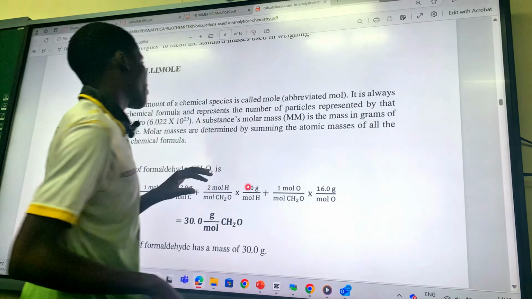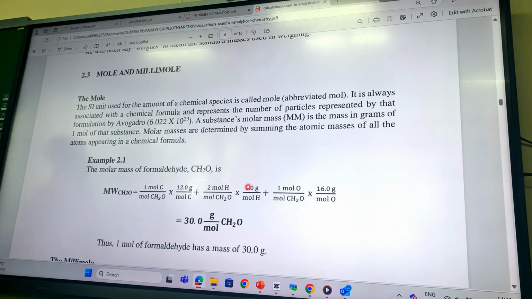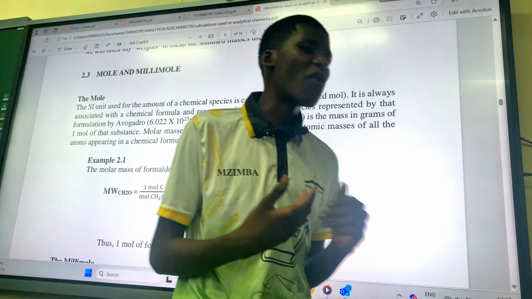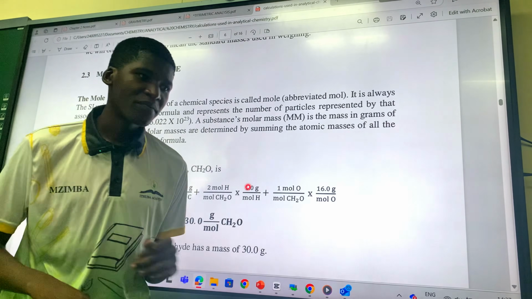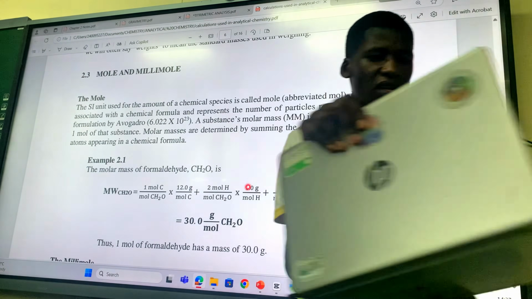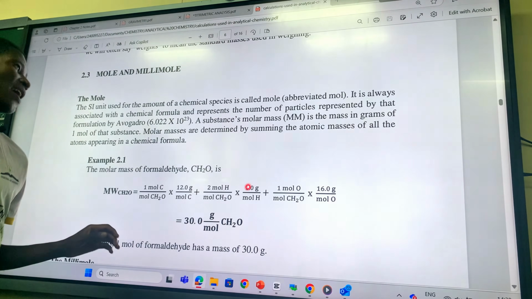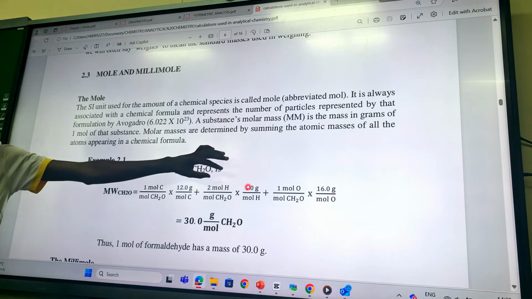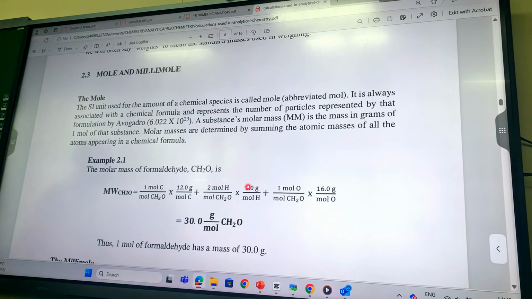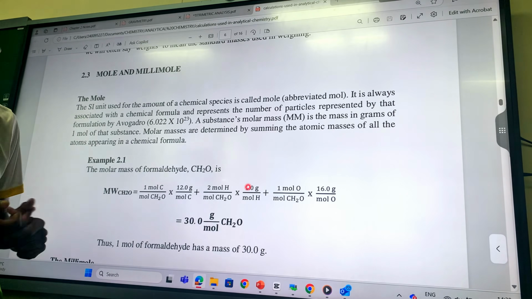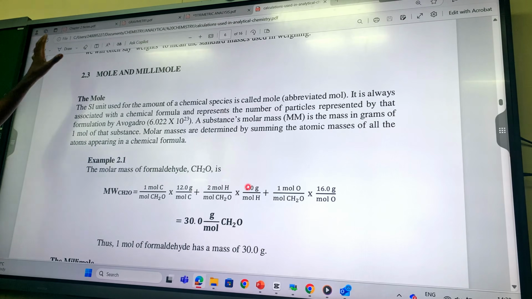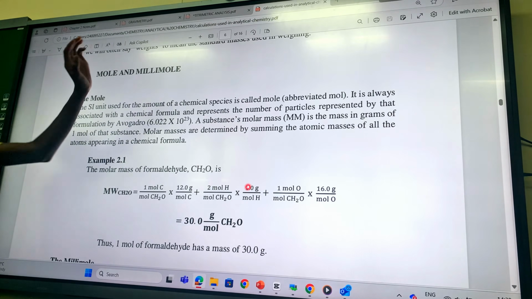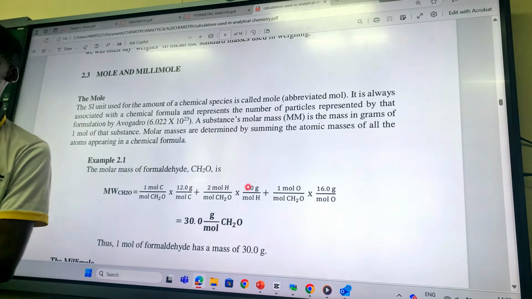Remember, with analytical chemistry, we are solely focusing on calculations most of the time. As you are synthesizing different compounds, what calculations can you encounter? There are many ways you describe a quantity, just to say how much of a chemical species you have. You can talk about molar concentration, you can talk about number of moles and all of that. But all of those are trying to describe how much of a substance you have.